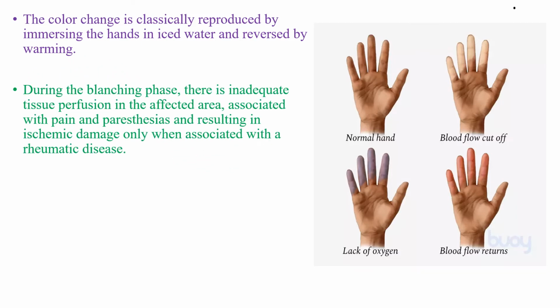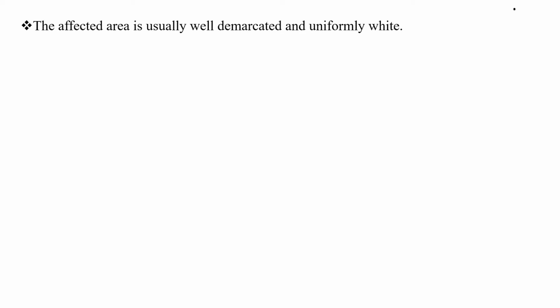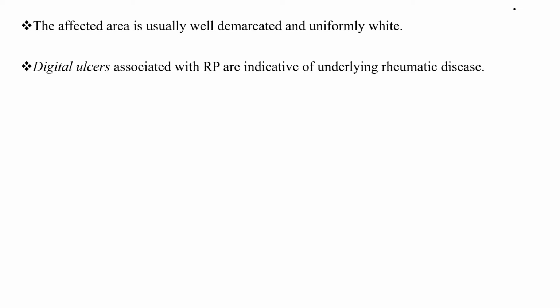During the blanching phase, there is inadequate tissue perfusion of the affected area associated with pain and paresthesia, resulting in ischemic damage only when associated with rheumatic disease. The blanching usually affects the distal fingers but may also involve the thumbs, toes, ears, and the tip of the nose. The affected area is usually well demarcated and uniformly white, and digital ulcers associated with Raynaud's phenomenon are indicative of